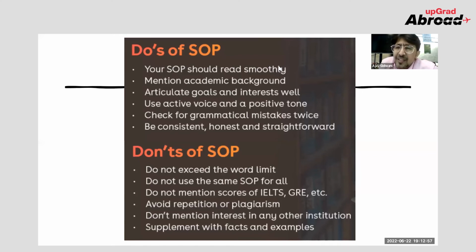See, let's take a very simple example, right? We know that our mothers prepare food for us, right? But when the baby is small, what she does is she tries to make the food in a different manner, where she doesn't go for mirch masala and all that stuff. It's the same thing with SOP. You need to understand what expectation the university has from you, and accordingly I need to write. That's why we say that it's a skill. It cannot be a 1 hour concept, my dear friend. So you can write differently as an accountant for different universities, depending upon which universities you'd like to go to.